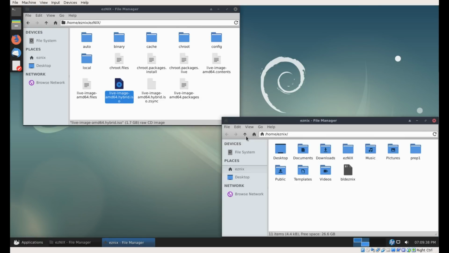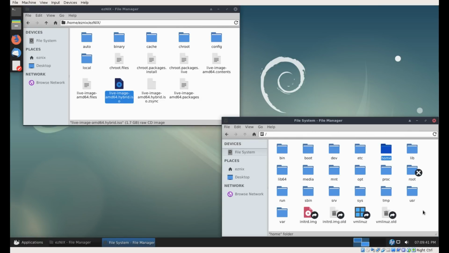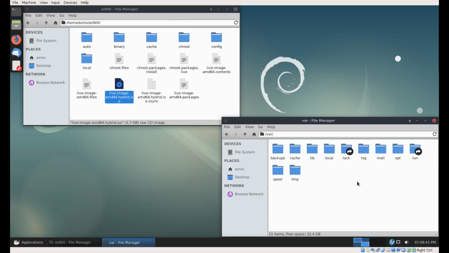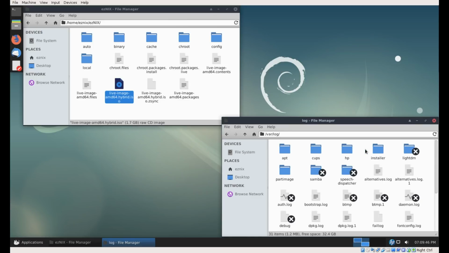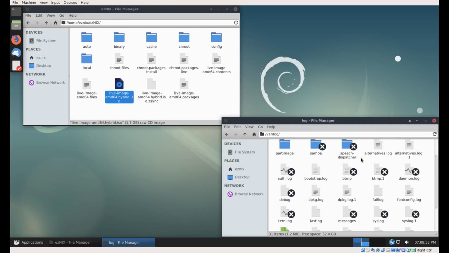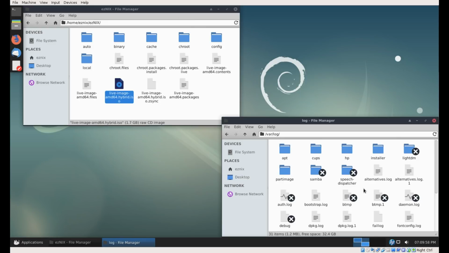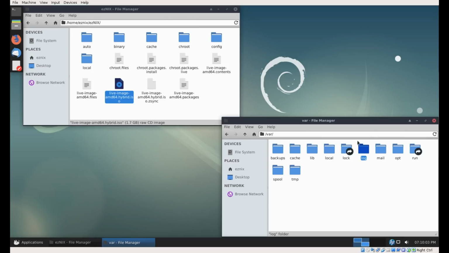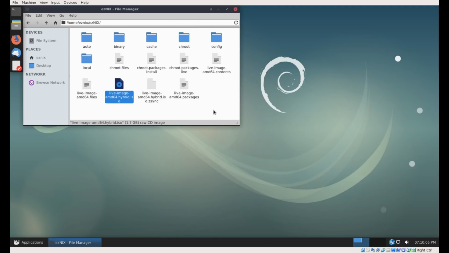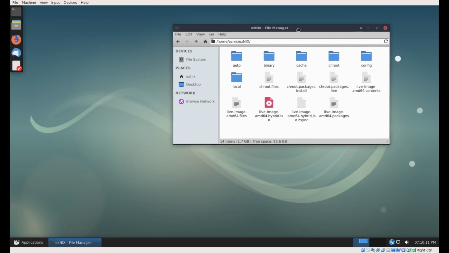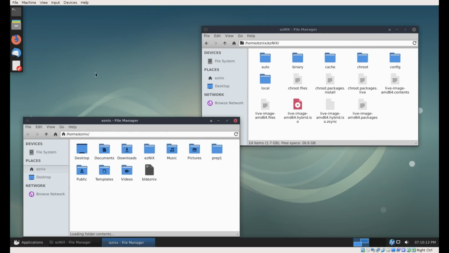Now, I'm curious. I never really had a need to see if there's a log. Yeah, I do not see a log for live build. Okay. So there we go. So what I usually do is I will